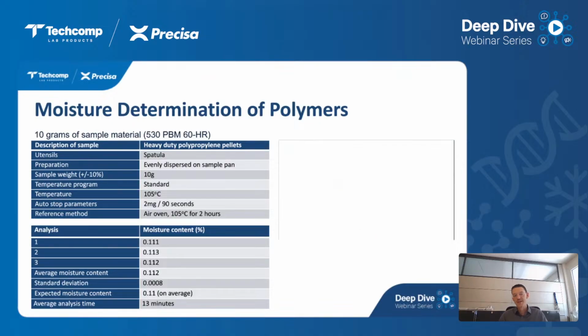There is also always a reference method available for different materials. The reference method for this type of material is the air oven at 105 degrees, but this takes 2 hours in the oven. The process takes much less time with a moisture analyzer, and we have conducted 3 different analyses. You can see the results of the moisture content in the table below, and the average moisture content is